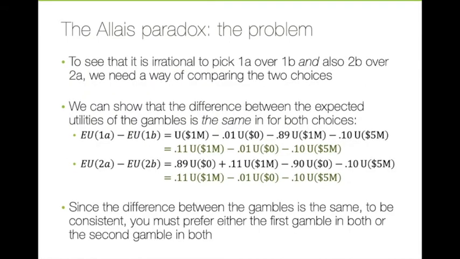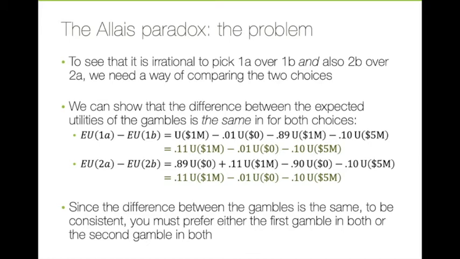To see that it's irrational to pick 1A over 1B and 2B over 2A, we need a way of comparing the two choices, the two decisions. We can show that the difference between the expected utilities of the gambles is the same for both decisions. So to get the